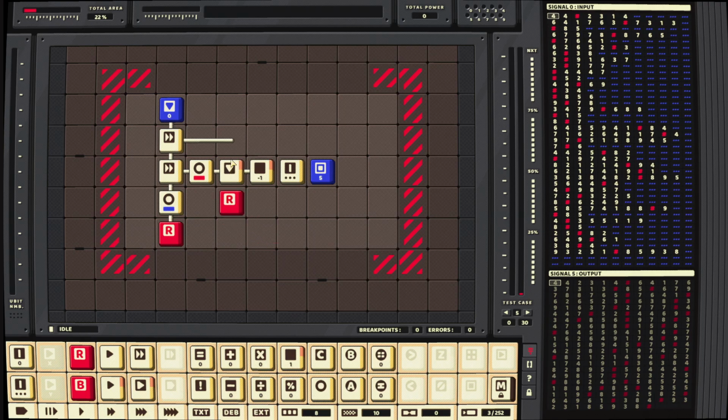Which is what I want. So if we detect a red, we turn off this conveyor so that we get the red here. I obviously haven't drawn in the wires yet, but